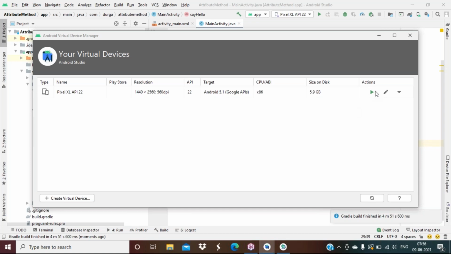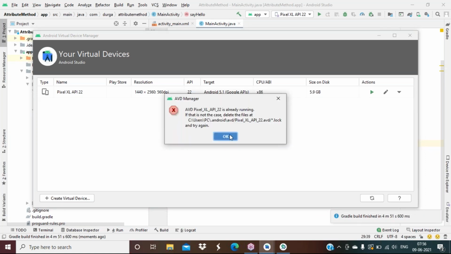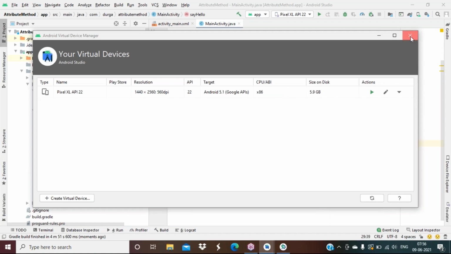Okay, Gradle build finished, but the simulator is not ready. Oh, it's already running. Just a moment.